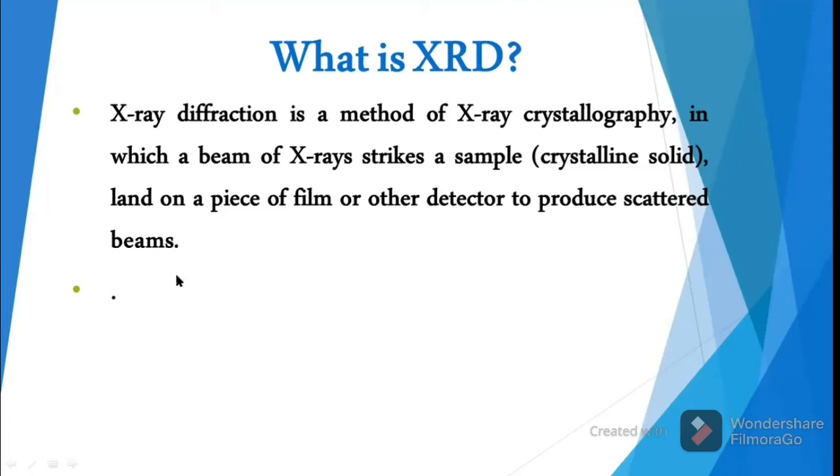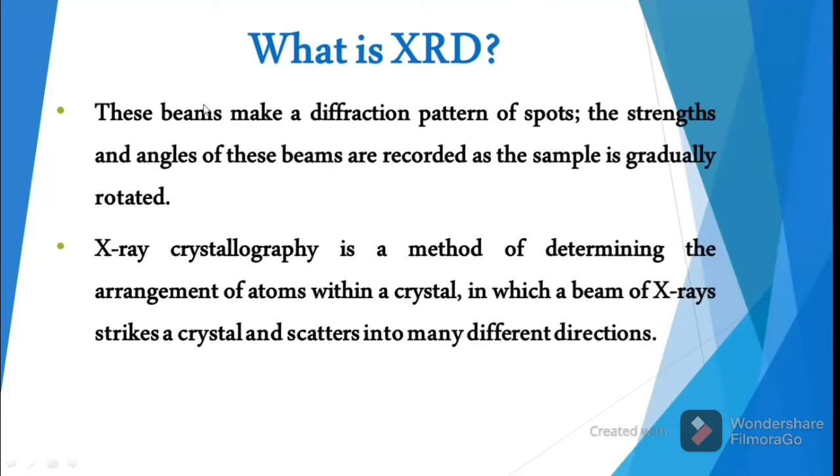As we have studied before, when the X-rays fall on the sample, it may be crystalline, amorphous or any other type of sample except water or liquid, meaning it should be a dry sample or maybe a film. When the X-rays fall on these samples, diffraction will occur, and after this diffraction, the output beams will be collected by some detector,